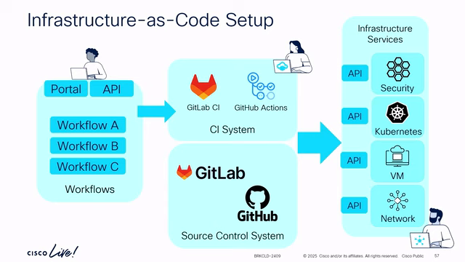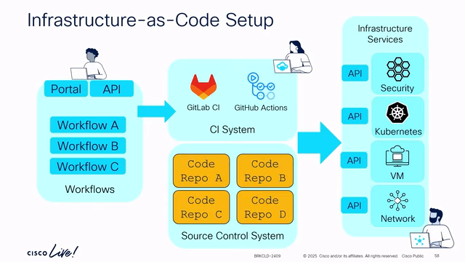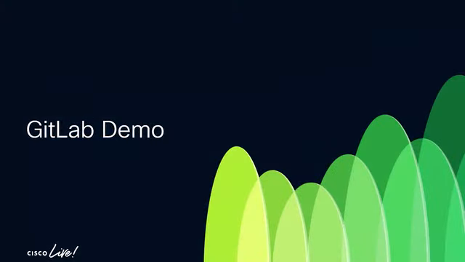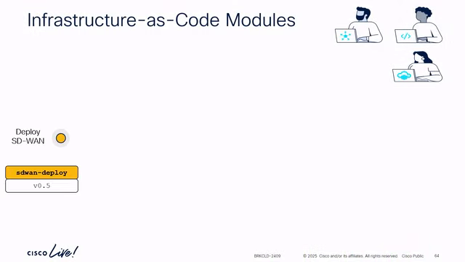And expanding the example from before, each of those repositories is an infra as code module, a service in itself, being triggered and run by these pipelines, and is mapped. This is the same mapping I showed you a moment ago, integrating infra as code. Workflow A is relying on pipeline A that is running code, repo A, Terraform, Ansible, Python, whatever is better, and doing network, compute, security.